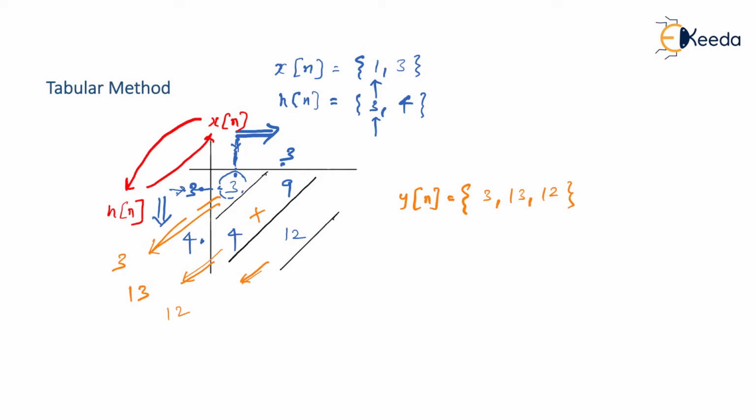So this is a common element, so the arrow mark remains here only, meaning that from this I can write y of 0 is 3, y of 1 is 13, and y of 2 is what? It is 12. Is that right? And we have been asked only 2 elements, that is y of 1 and y of 2. So see, this tabular method works very effectively, right? Let us go to the next question.